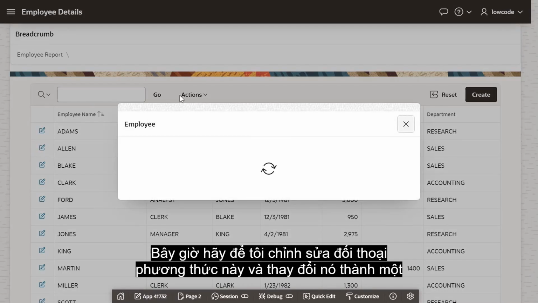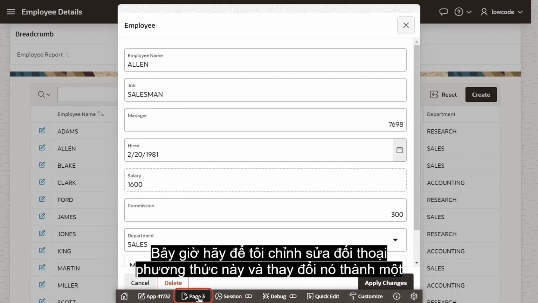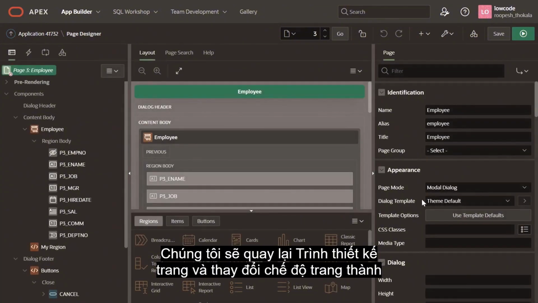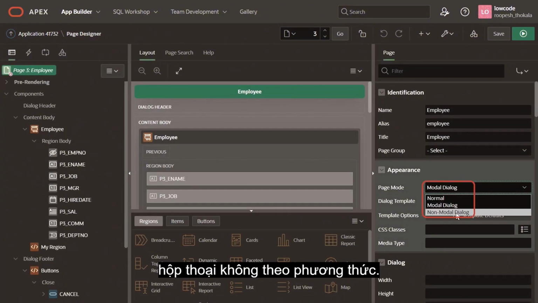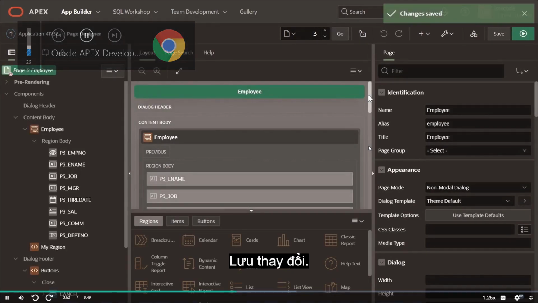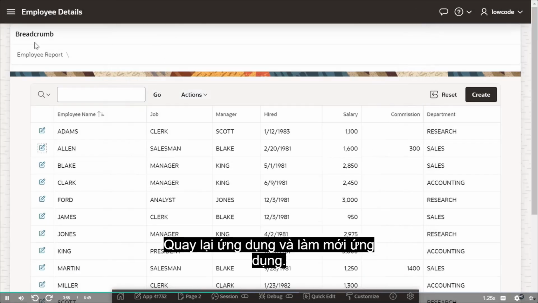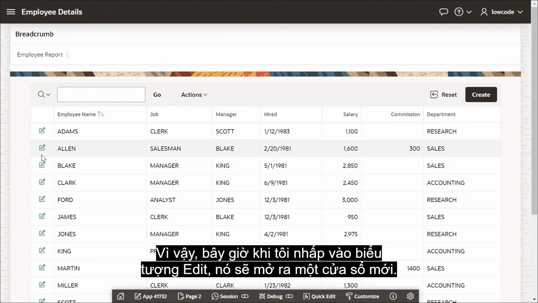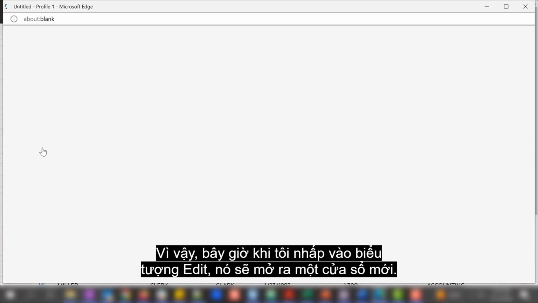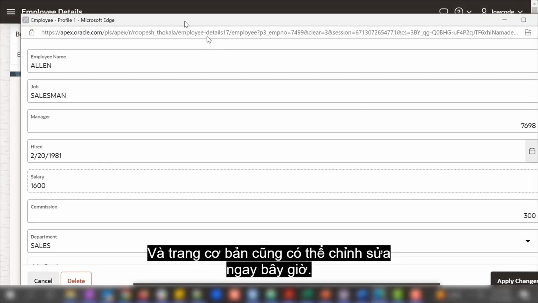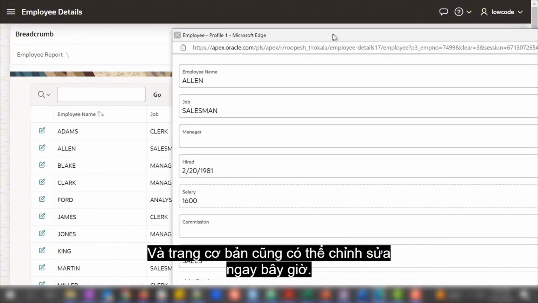Now, let me edit this modal dialog and change it to a non-modal dialog. We'll go back to the Page Designer and change the page mode to non-modal dialog. Save these changes. Go back to the application and refresh it. Okay, so now when I click on the edit icon, it opens a new window and the underlying page is also editable now.